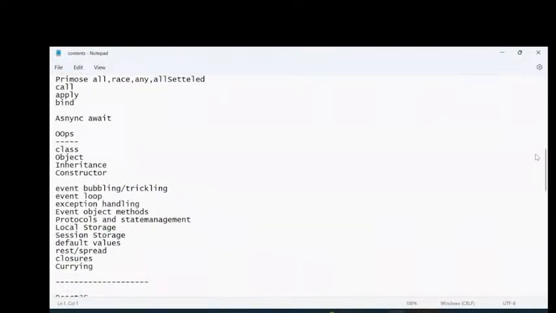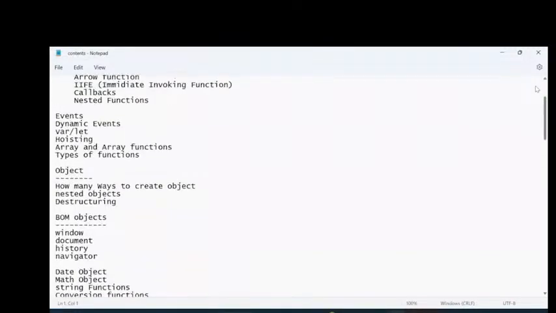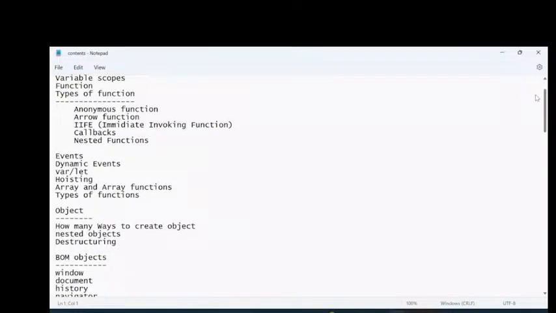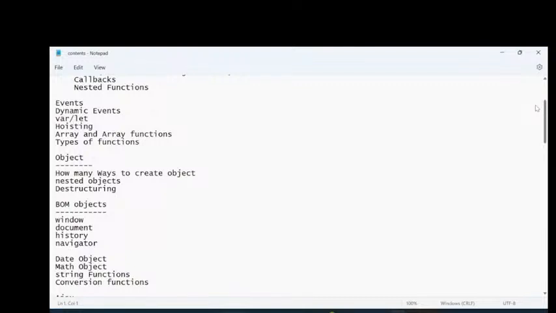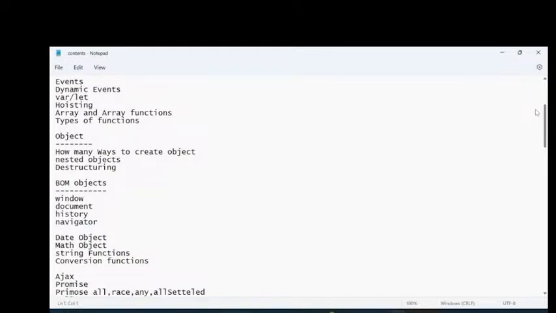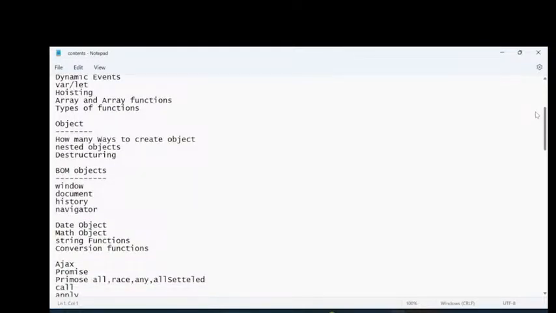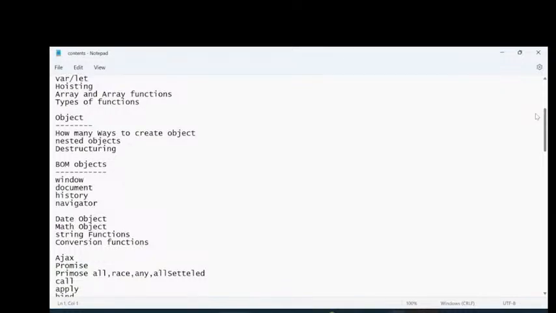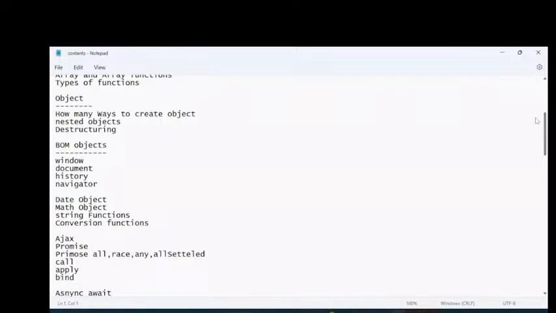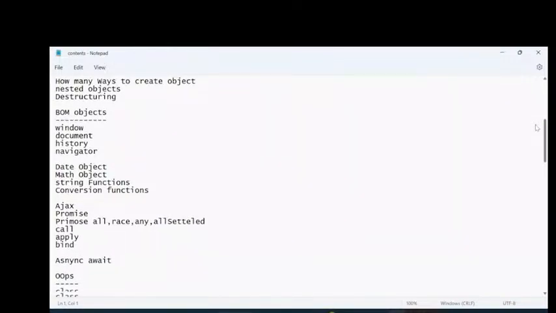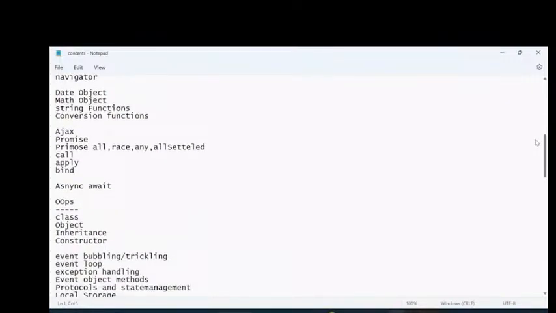Once JavaScript is completed, then only we start React programming here. First functions and how many types of functions we have, events and dynamic events, hoisting, array related functions and objects, and how to work with objects. Object is very important because the data which is coming from Ajax is in the form of objects only. So how to read the object, and what the BOM objects we have, date object, math, string, conversion